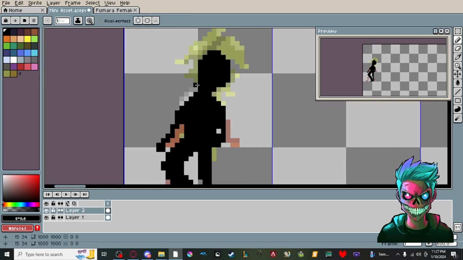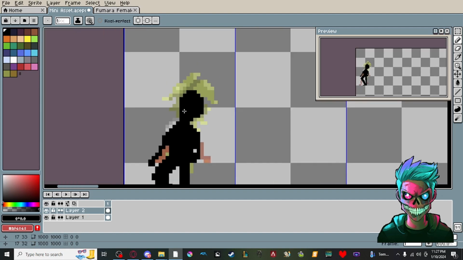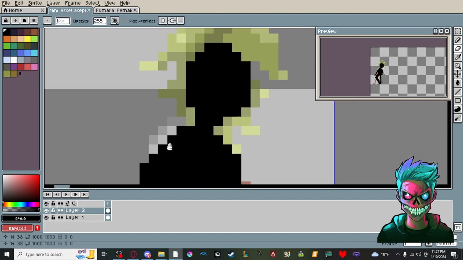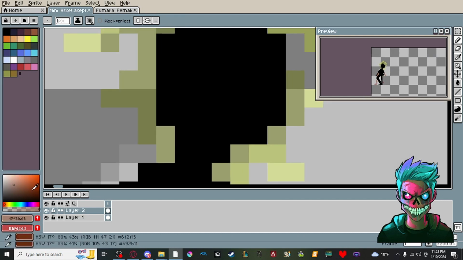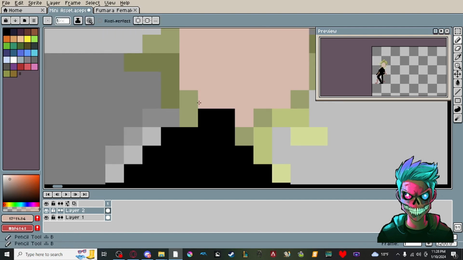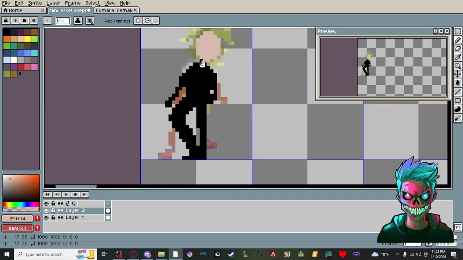So here's our character. I usually keep him bald. Then once I start designing it a little, I'll add hair and stuff, or you can keep him bald, you know. Sometimes I will choose this kind of skin color. Sometimes I'll kind of just base the skin color off of where that was. But for now,